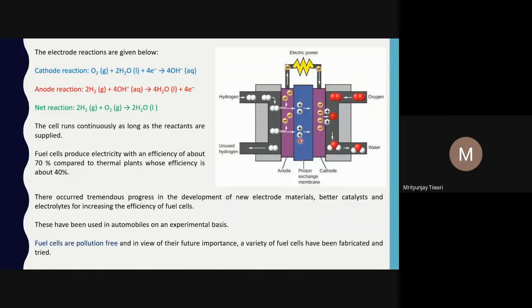And the protons will be moving through this portion which we call the proton exchange membrane. Research is also going on in this area to have a more conducting membrane, so the membrane can easily transport protons from one portion of the fuel cell to another. So a highly conducting porous material, the proton exchange membrane, is used. Once the protons come here, the electrons will also come here, moving through the circuit and the device.